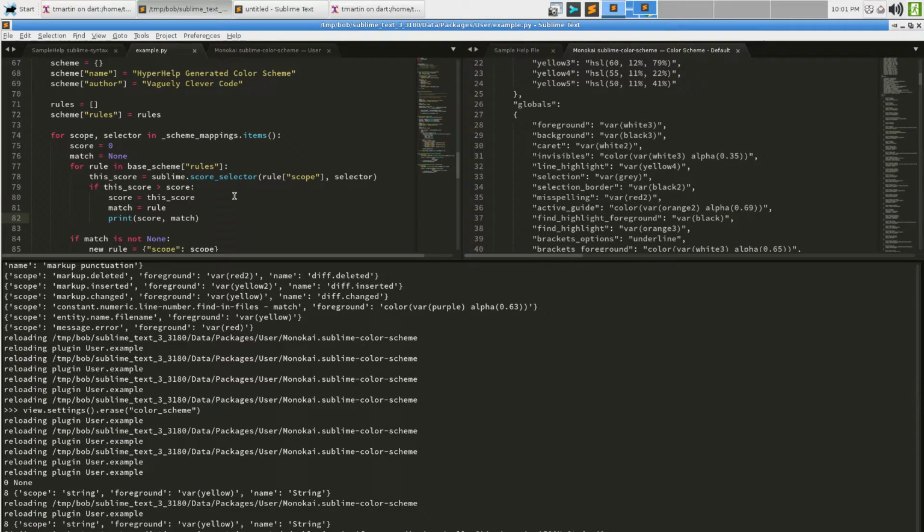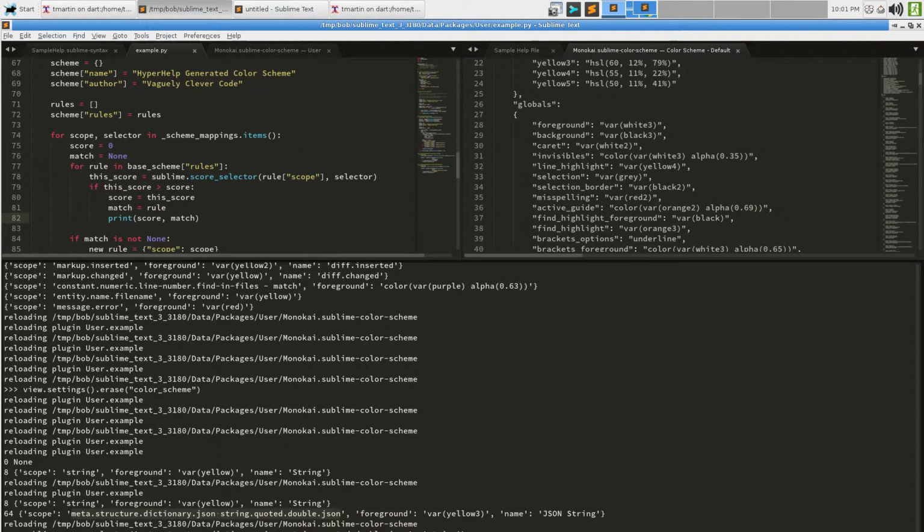So let's see. Sublime.score_selector. Is this the part that's on the left? And string. Well, by Jove, it does in fact return a particularly big match due to its position.